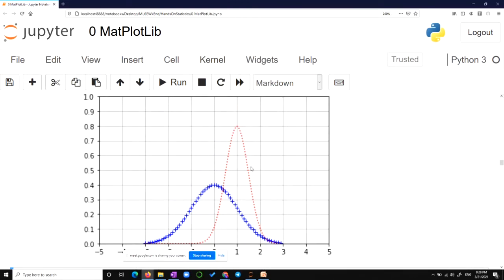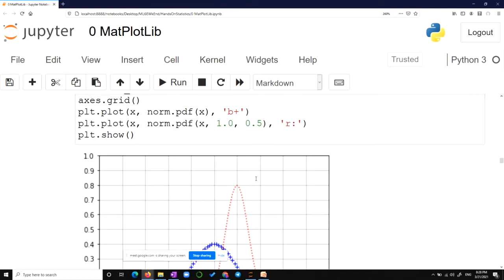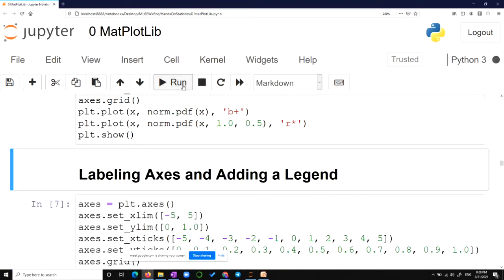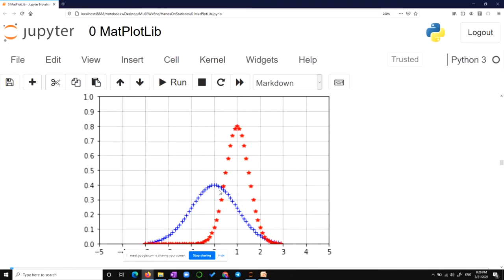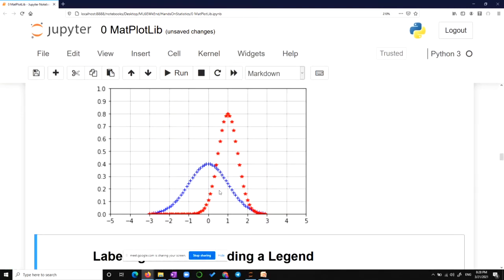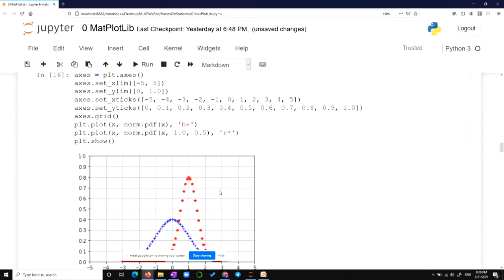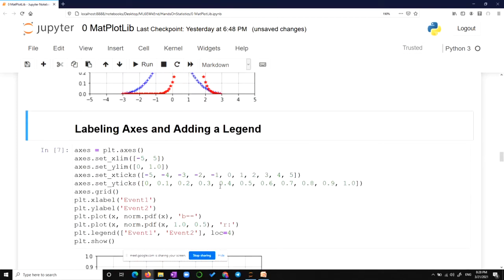And red, I think I've changed it to this one. Maybe I'll use a star for this and run. Got it, right? So this is it. That's all there is to it. Sometimes you want a different picture, sometimes you want a different picture. So all these are things about putting that over here.